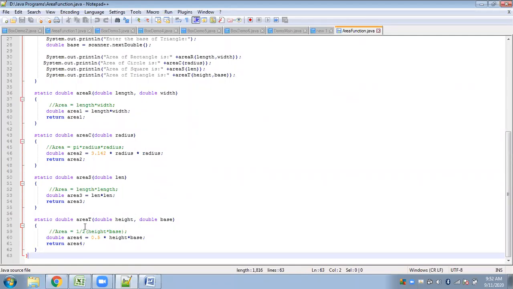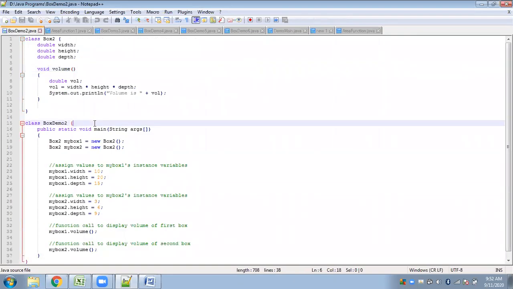But now we will see how we will be using objects and methods together in one program, or how objects will communicate with the methods. So this is one program actually. As I said, this is one box, two classes. Here I have some data members and a method. We call functions methods in Java, or you can also refer to them as member functions.